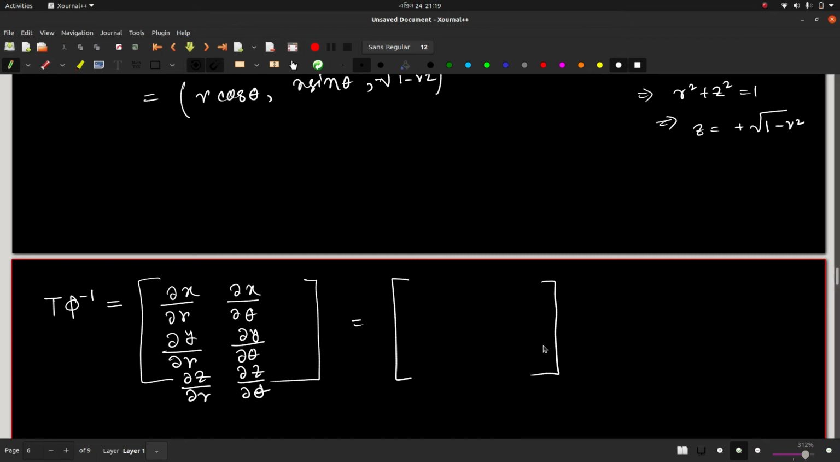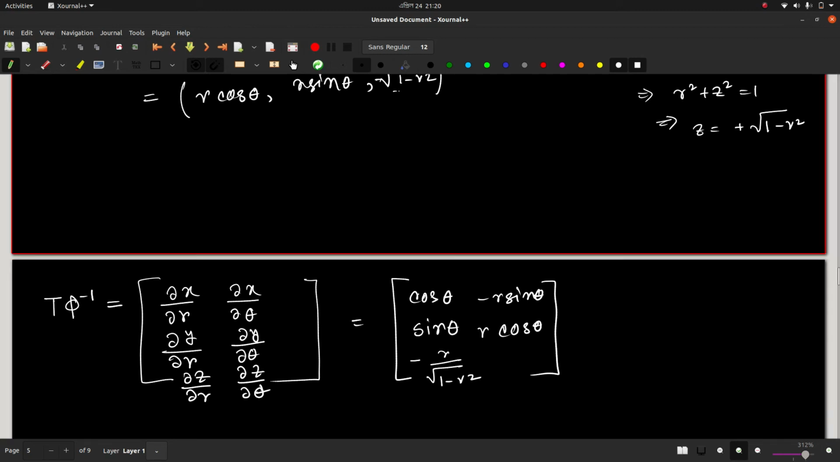And this is just given by, you just take the derivatives. The first one is just cosine theta, the second one is minus r sine theta, then it's the sine theta, and this one would be r cosine theta. Then you have dz by dr is just minus r divided by square root of 1 minus r squared, and the theta parameter doesn't appear here, so it's a 0. Okay,